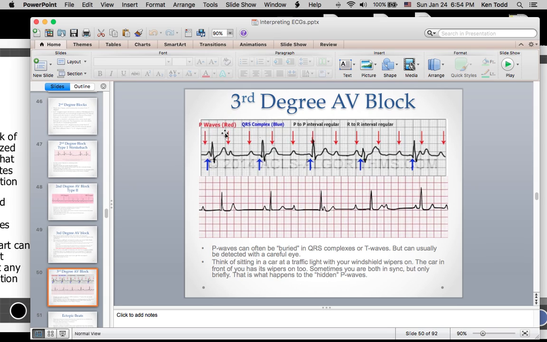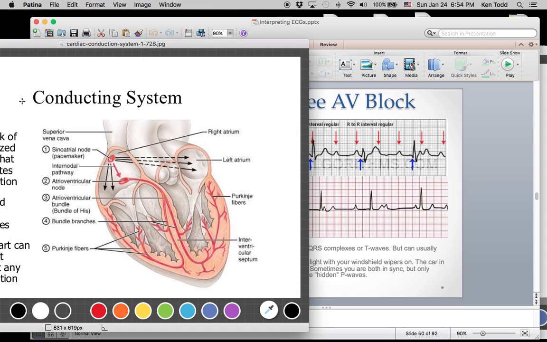So if you can see here in the red arrows, they've marched out the interval from P wave to P wave to P wave. I have this nice regular rate that my SA node is firing at, which is actually kind of fast. It's a little over 100 beats a minute. But my ventricular response is much slower. Now, if we go back to our conduction map here,